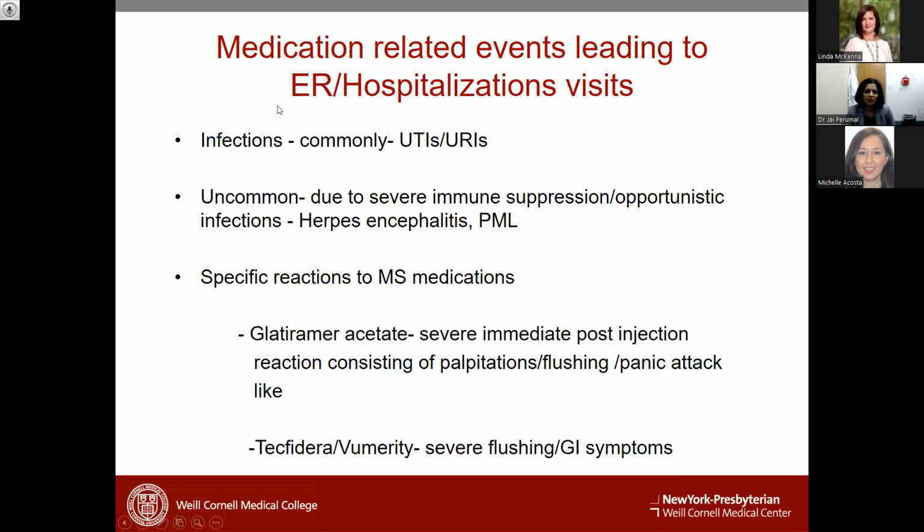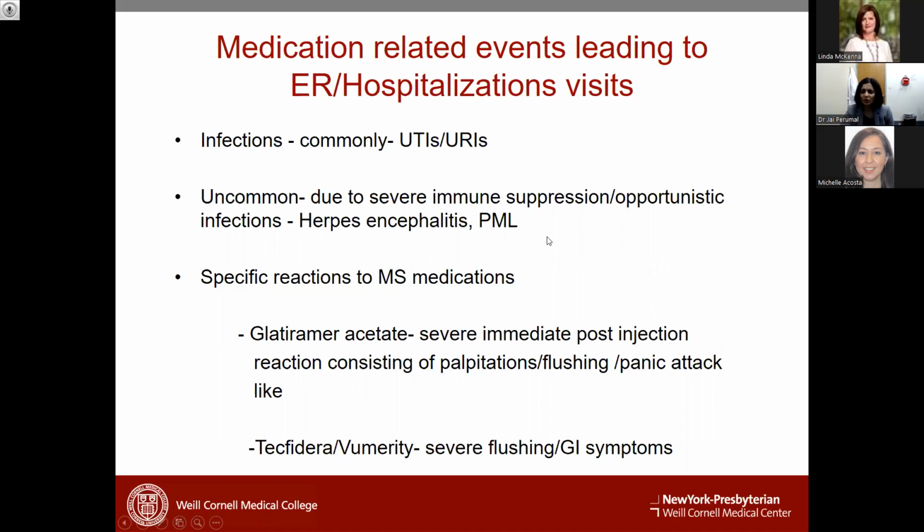One is infections, because many of them are immune suppressive treatments. Patients end up having UTIs or upper respiratory tract infections or even pneumonia and end up in the hospital. These patients usually tend to be progressive patients because they are older, they have underlying disability, so their immune system is weaker too. So they are more vulnerable to these kinds of infections. That will make their walking worse, and they end up in the hospital, not because they have a true relapse, not because they need steroids, but because these need to be treated and they get decompensated.